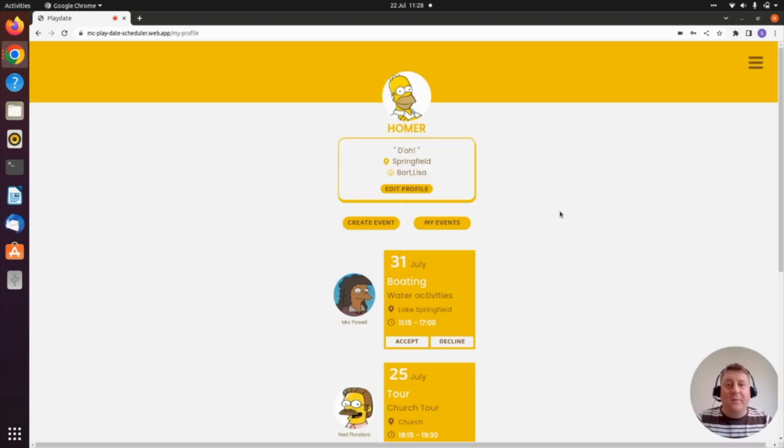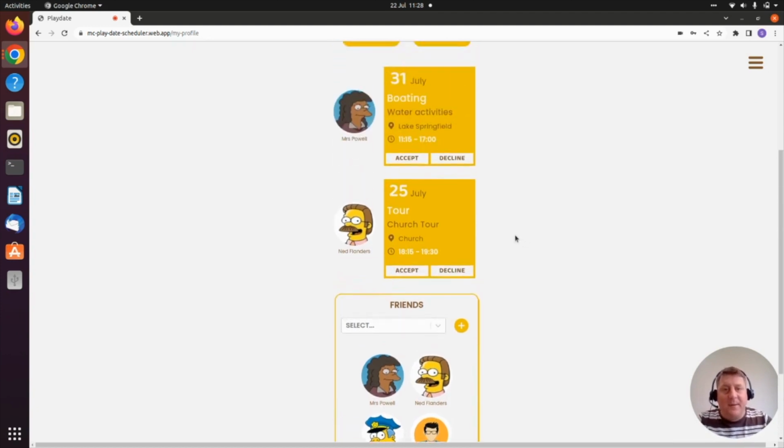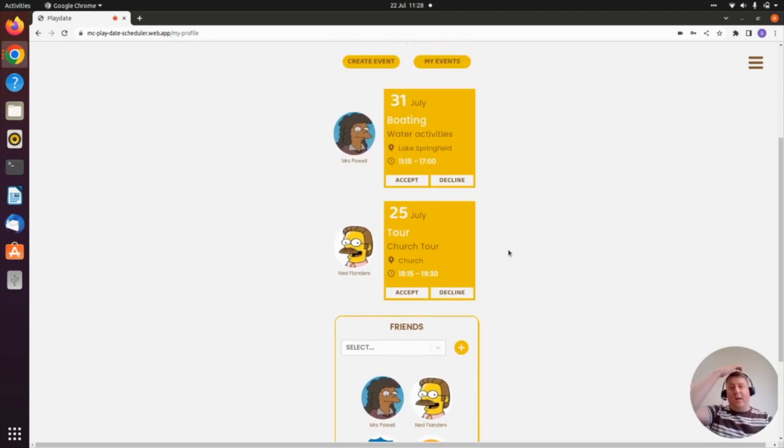And there we go. You can see I'm now logged in as the user Homer. So at the top, we can see Homer's profile details and description. And if I scroll down to the bottom, we can see Homer's friends list with his currently added friends. Back to the middle, we can see Homer's pending events, along with the event that Ed has just created and